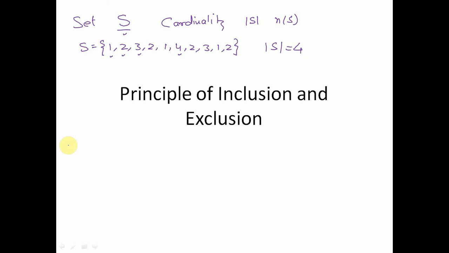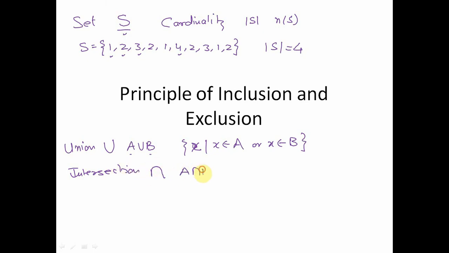We know that the various set operations are, we have the union operation, right? It basically says A union B is the set of all the elements, or rather let's call it X, such that X belongs to A or X belongs to B. That means the union is the set of all the elements which are present either in the set A or B or both.